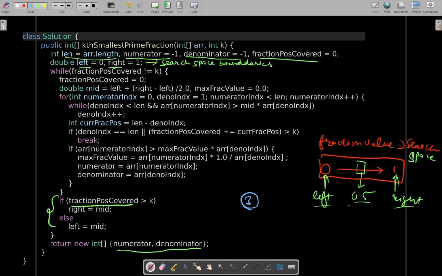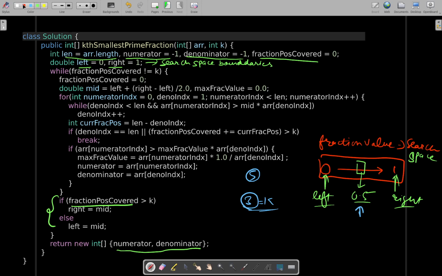By setting our target, the max fraction value that we are allowing for searching the positions that we are covering this time, is 0.5. 0.5 is resulting in covering of 5 positions, but we were aiming for 3. So this is definitely larger than the position that we are searching for. So what we will do next time,